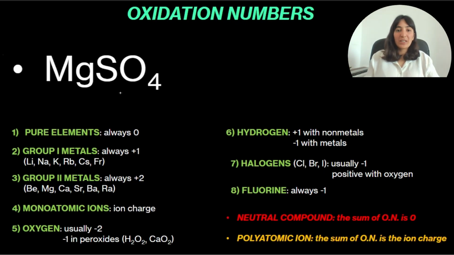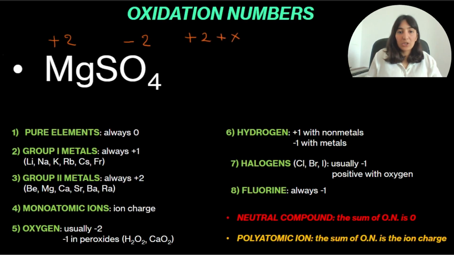Here we have MgSO4. This is a neutral compound, and the sum of oxidation numbers in a neutral compound is 0. We know that the oxidation number of magnesium here is +2 because it is a group 2 metal. The oxidation number of oxygen is -2, as MgSO4 is not a peroxide, and now we have to find the oxidation number of sulfur. We write our equation, +2, which is the oxidation number of magnesium, plus X, which is the oxidation number of sulfur, plus 4, as we have 4 oxygen atoms, times -2, which is the oxidation number